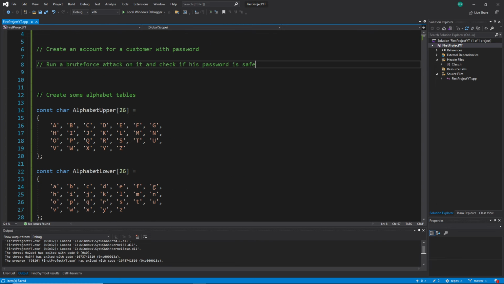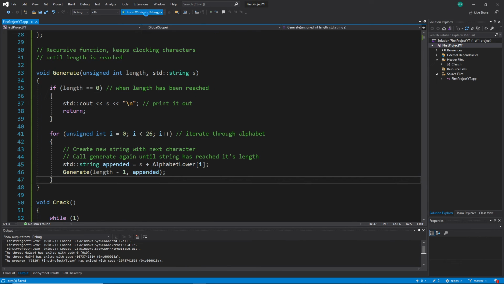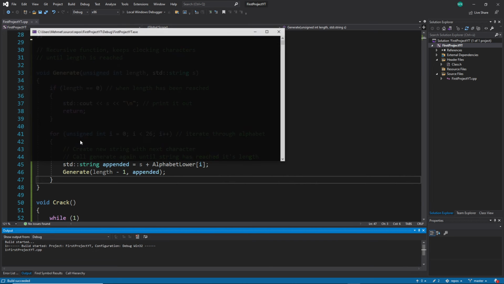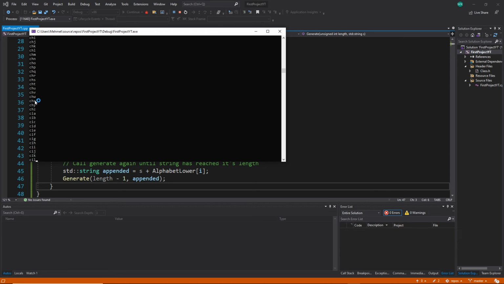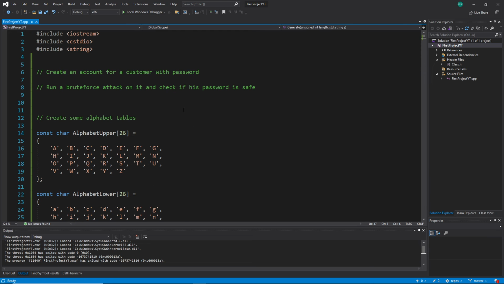Of course, this code is not finished, so your task is not just to write what you see here, because he is just generating these combinations, right? These are the combination words which he is generating, but our task is that everything which is generated here should be compared to our password code. And then if it's found, it should say found password, cracked password, or something like that. And then the password is unsafe. So I hope it is possible. It can be a little bit difficult,